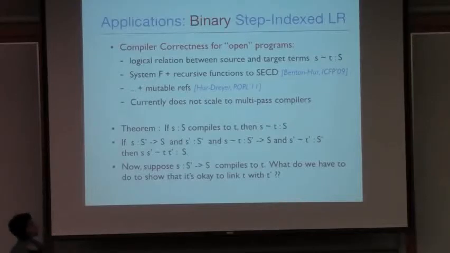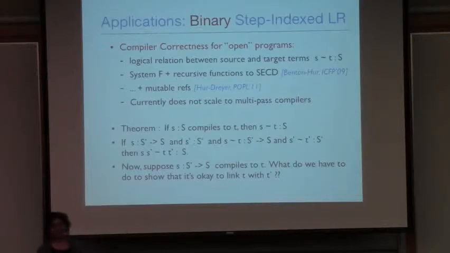But what they do is they set up this logical relation between source and target. The technique doesn't work right now in the context of multi-pass compilers. You have to set up one logical relation between the absolute source and the absolute target. So you can't implement your compiler the way we normally implement compilers, in multiple passes. And this has to do with the weakness that they're using step-indexed logical relations. This has to do with